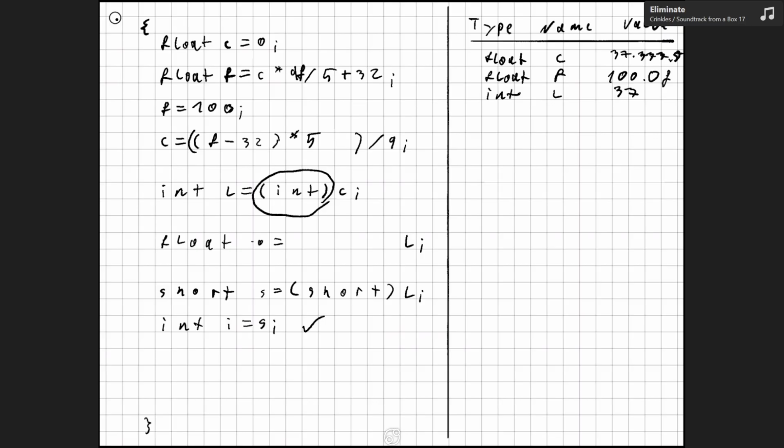And some conversions will, even if you do it explicitly, not work. So a bool b